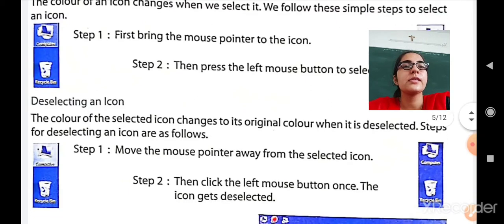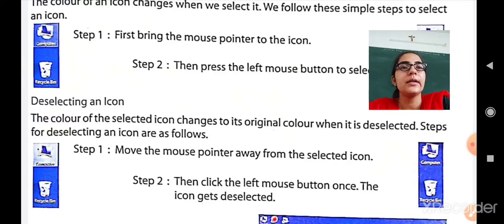The color of the selected icon changes back to its original color when it is deselected. Now how to deselect an icon? First, you have to move the mouse pointer away from that selected icon, to another icon or to the middle position where everything is blank.